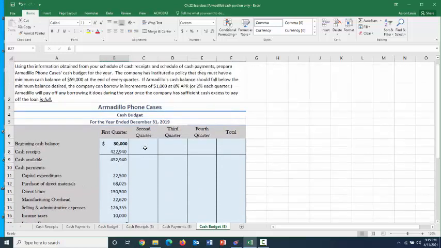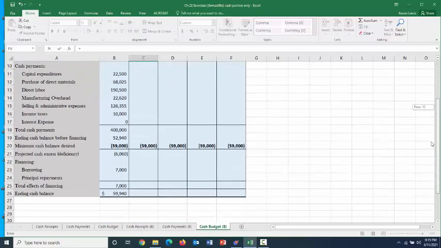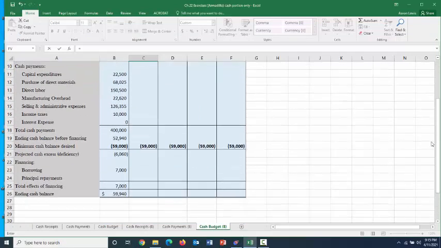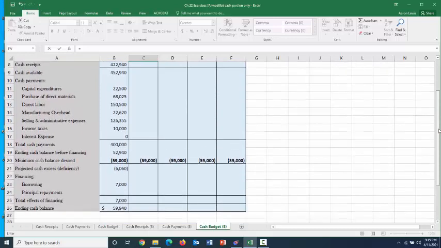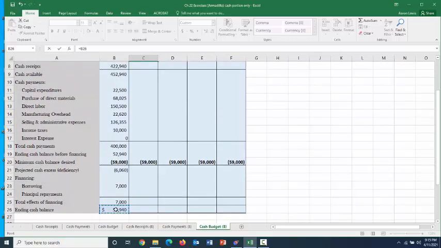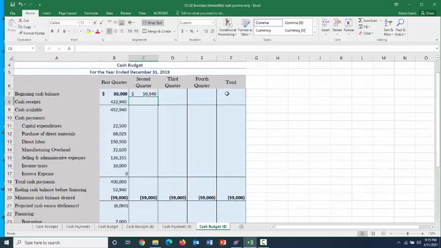Moving on to the second quarter, what is our beginning cash balance? Well, if we end the first quarter, say on March 31st, with $59,940 in our bank account, it stands to reason that when we open up for business on April 1st, the first day of the second quarter, we're going to have that same amount. So your ending balance for any quarter is always going to be the same as your beginning cash balance for the next quarter. If we're ending the first quarter with $59,940 in our bank account, the second quarter's beginning cash balance is going to also be